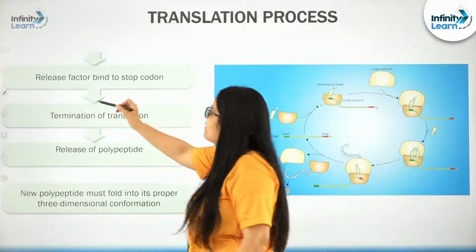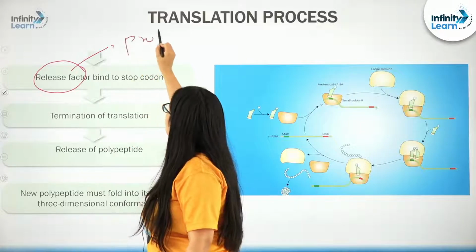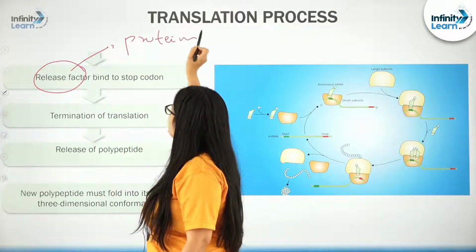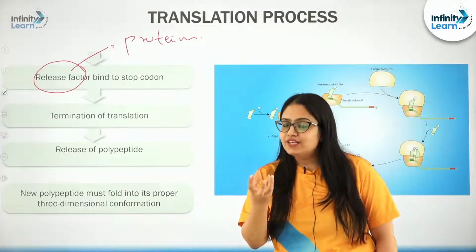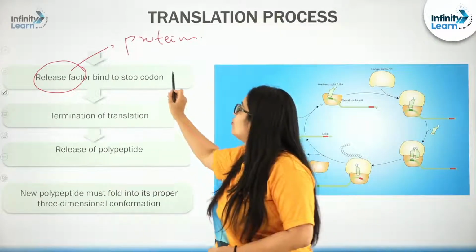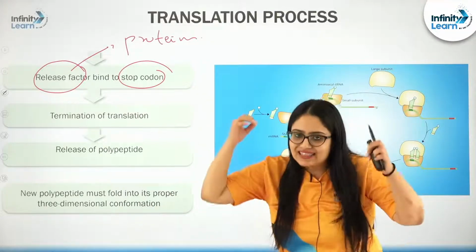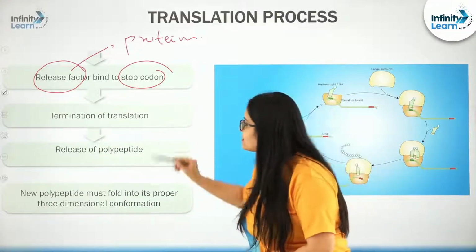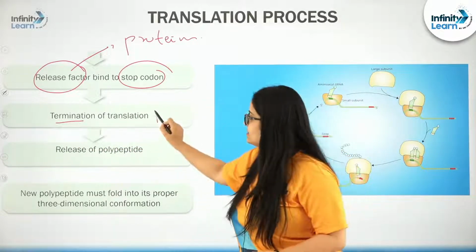So, release factors or termination factors, what are these? These are actually proteins. Factors are nothing but proteins. So, release factor or termination factor will bind to the stop codons, right. Release factor when binds to the stop codon, that marks the end, that marks the termination or stop of translation